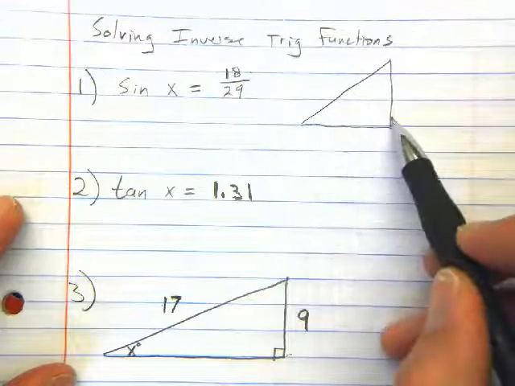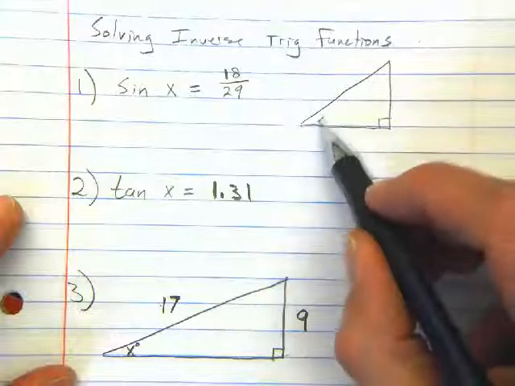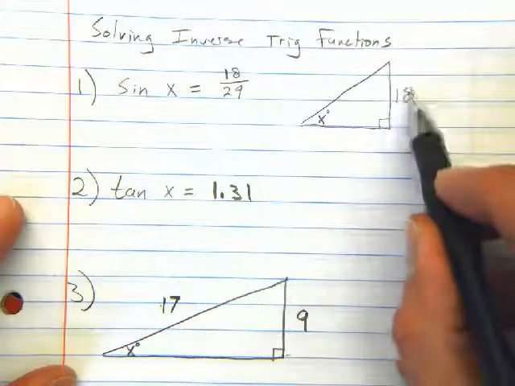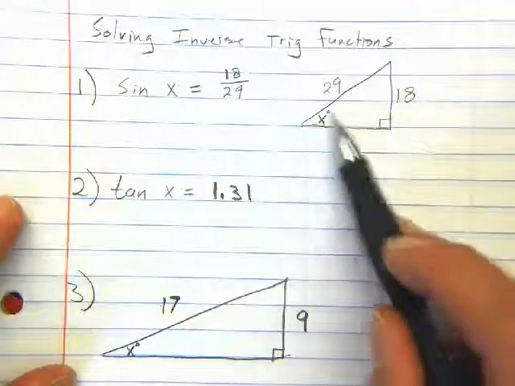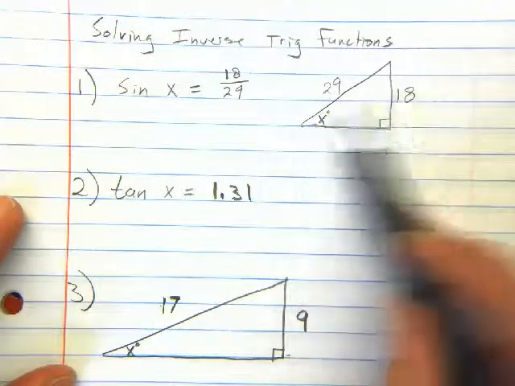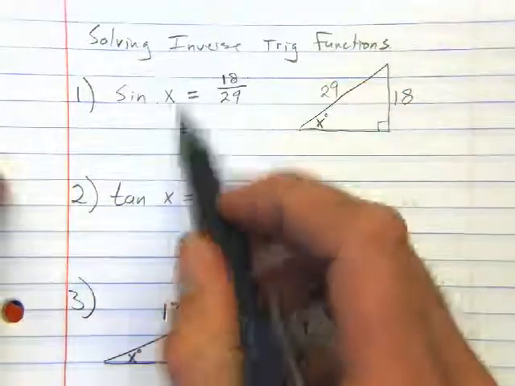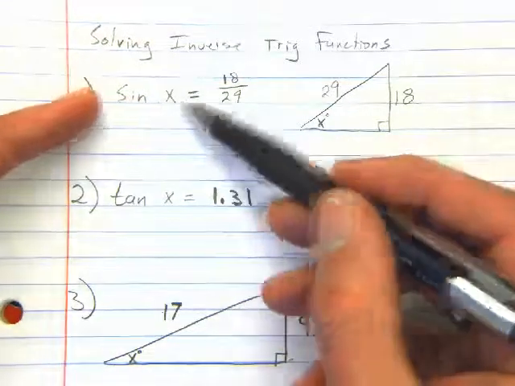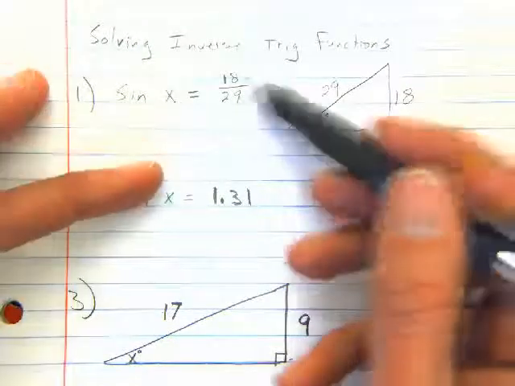Alright, so we have a right triangle. Sine is opposite, so if we say that this is the angle x, sine is opposite, that's 18, over hypotenuse 29. I'm wondering what angle does this have to be in order for this ratio to exist? Alright, so I'm doing what's called the inverse sine. Right now I'm doing the sine of x. I want to do the inverse of that, or the opposite of that, for this ratio to figure out the